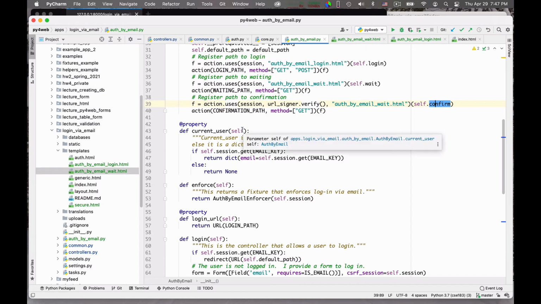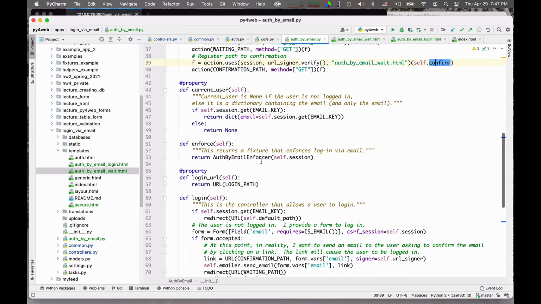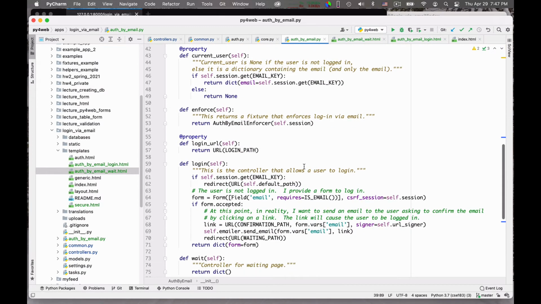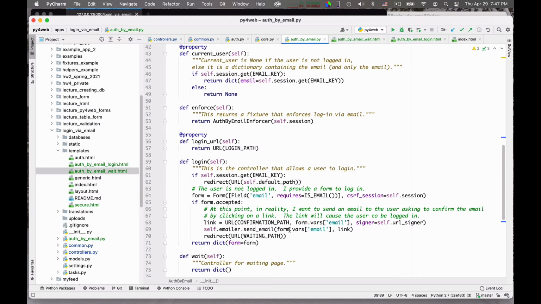The signature has a very important use. Imagine that I log in and I specify that my email address is luca@ucsc.edu. I get a link to be able to confirm luca@ucsc.edu emailed to my luca@ucsc.edu email address, right?